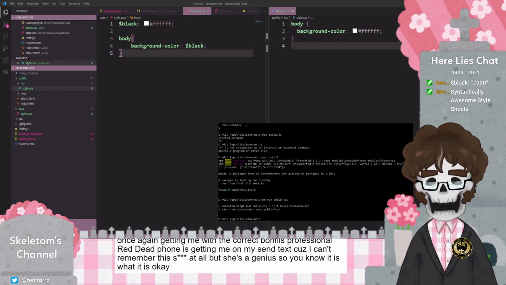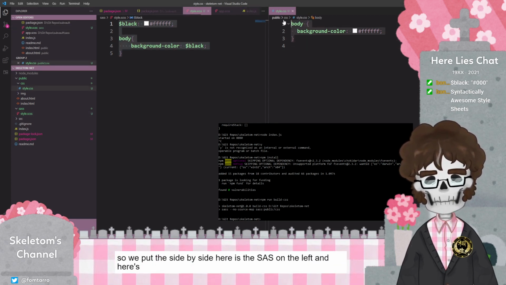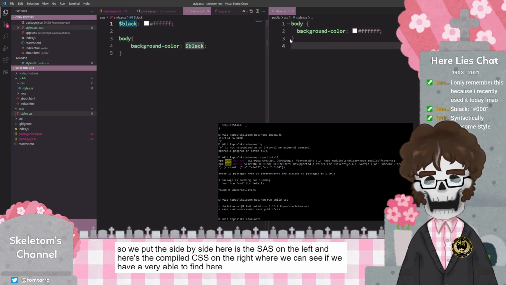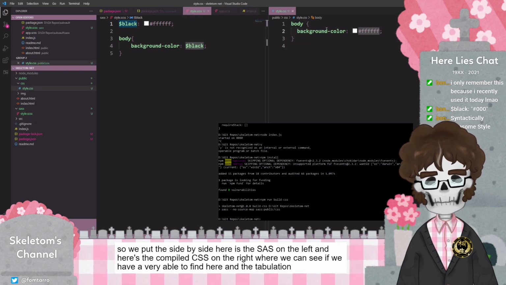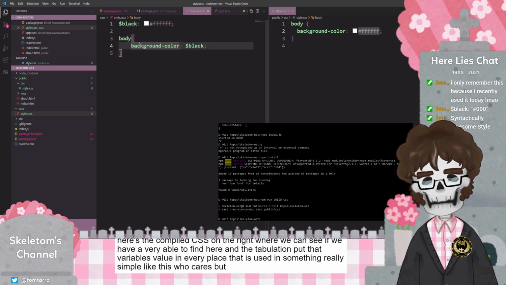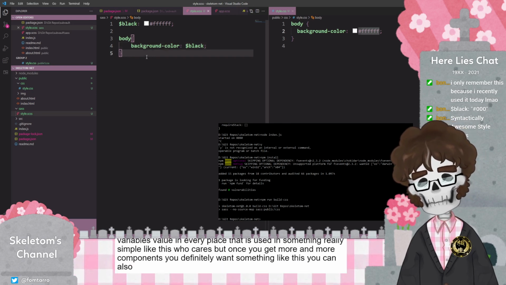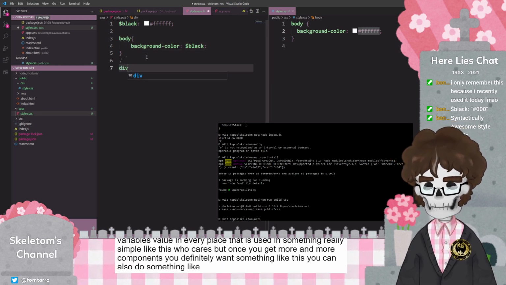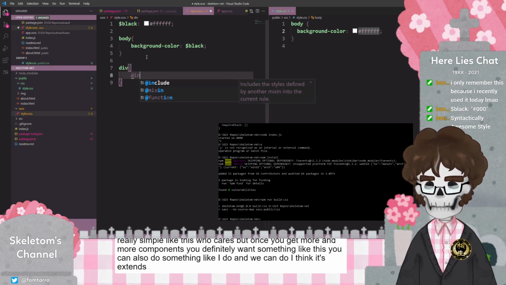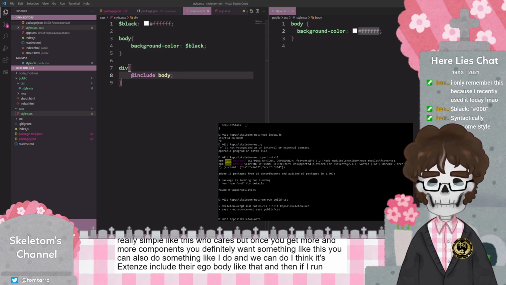Okay, so we put these side by side. Here's the Sass on the left, and here's the compiled CSS on the right. We can see we have a variable defined here, and the compilation puts that variable's value in every place that it's used. In something really simple like this, who cares? But once you get more and more components, you definitely want something like this. You can also do something like div, and we can do, I think it's extends, include, there we go, body, like that. And then if I run the command again,